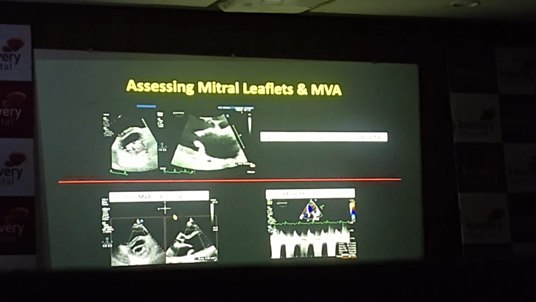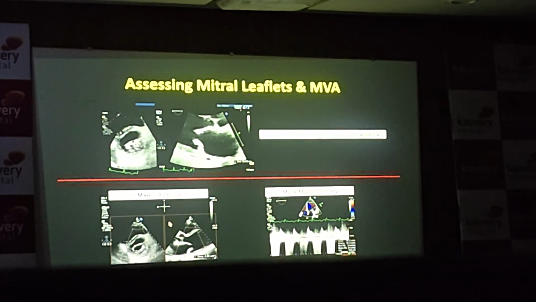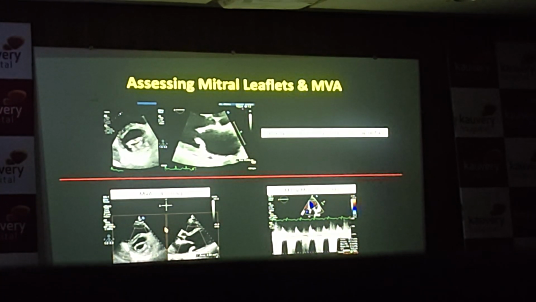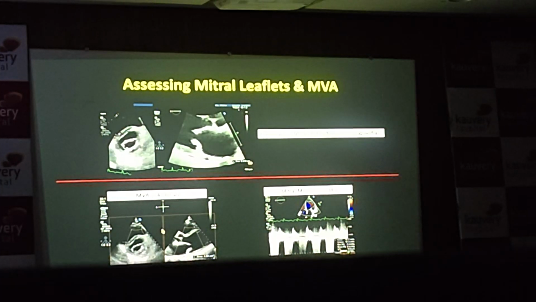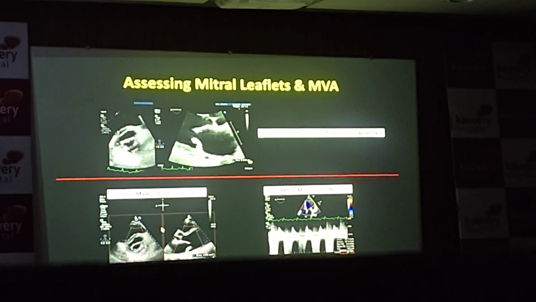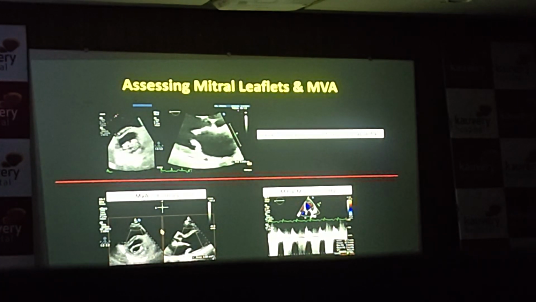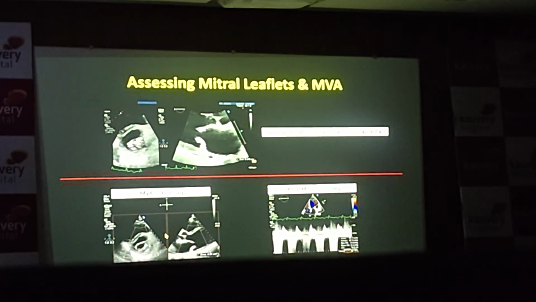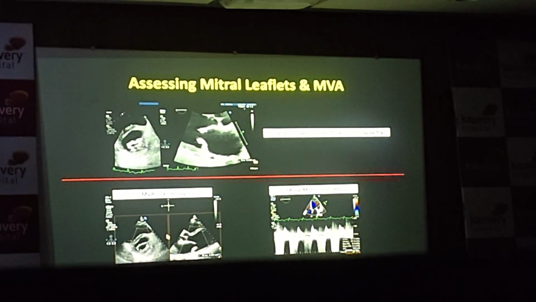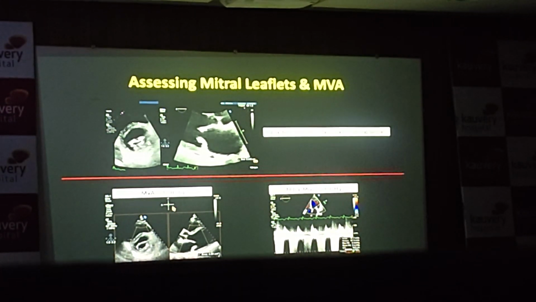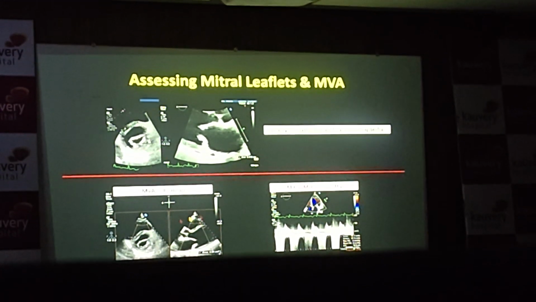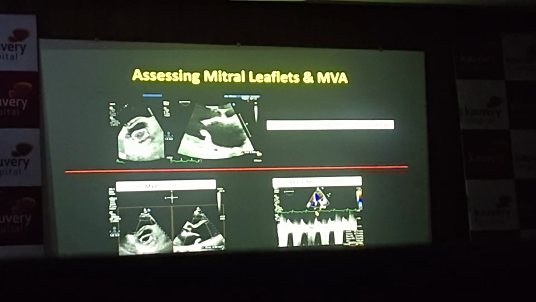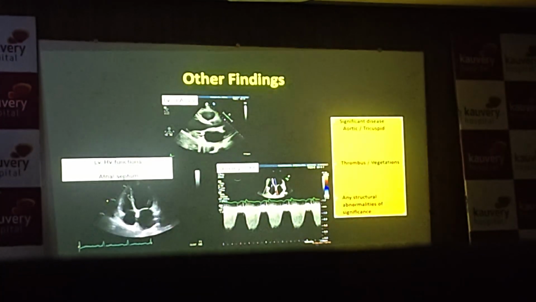Ideally, you need to have more than 4, because anything less than that you might end up creating a stenosis. That's always a fear. But there are anecdotal cases, depending on how the heart team goes through the discussion, where it is sometimes even 3.5 or even lower, depending on the anatomy and the requirement of the patient status also. But as a thumb rule, it's always going to be more than 4 that is required. And a mean gradient of less than 5 should be there. These are standard, well-known numbers.